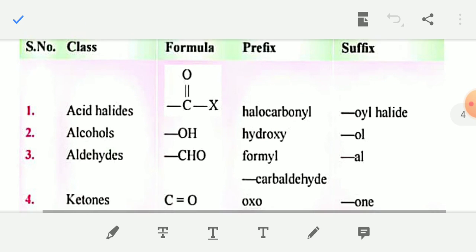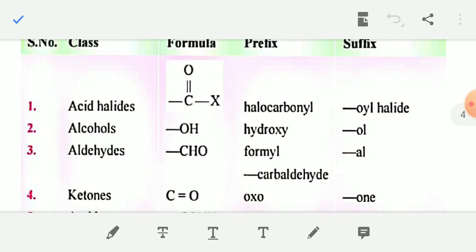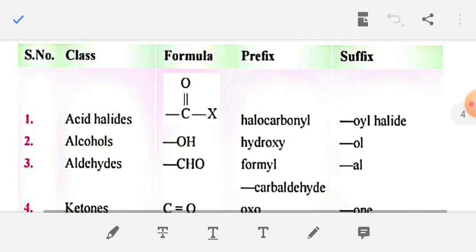So in case of acid halide, the formula is COX, like COCl, COBr. If it is present as a prefix, then you have to use the term halocarbonyl. But if the acid halide is present as the main or principal functional group, then you have to use the suffix oyl halide. Second, if an alcohol group, OH group, is present, then you have to use hydroxy if OH is present as